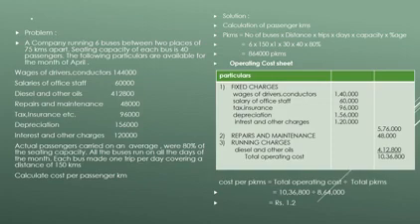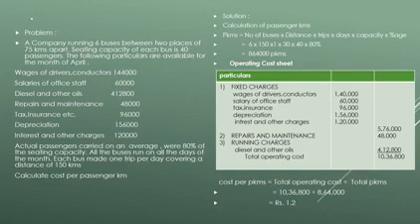So while calculating passenger kilometers, if you are taking 75 kilometers distance, you have to take number of trips as 2. If you are taking 150 kilometers as distance, then the trip will be only 1. So we shall calculate